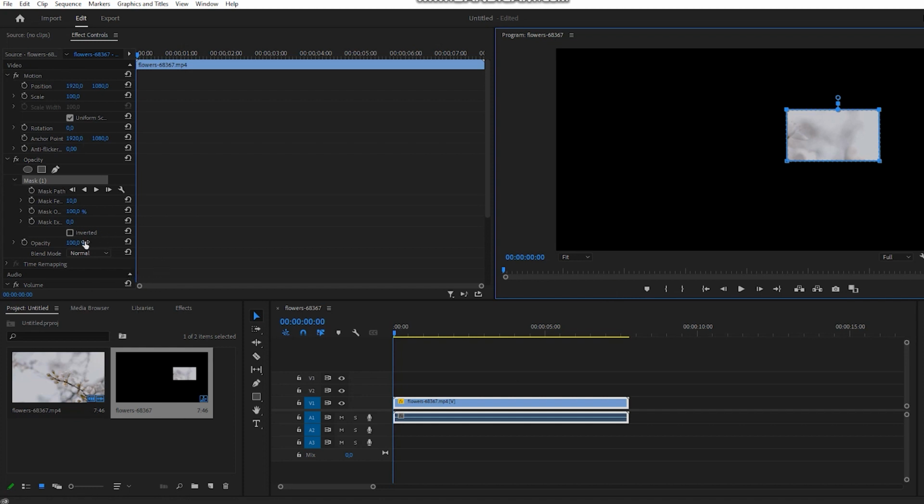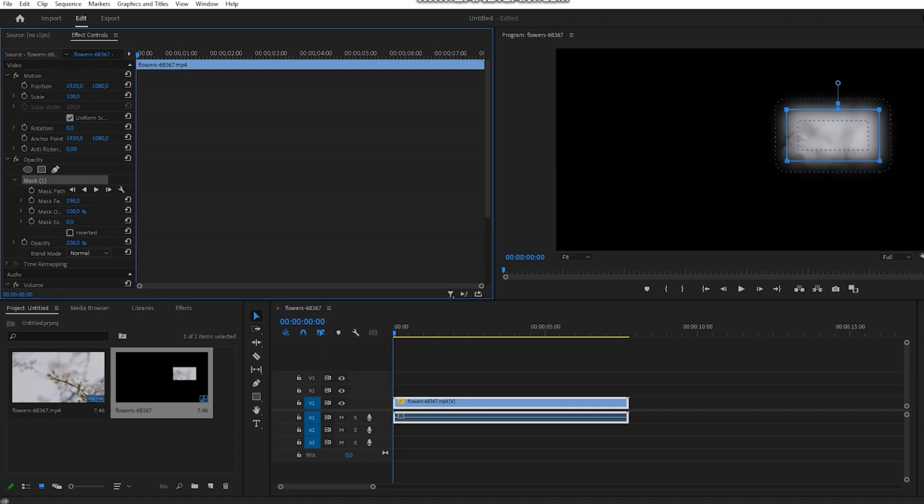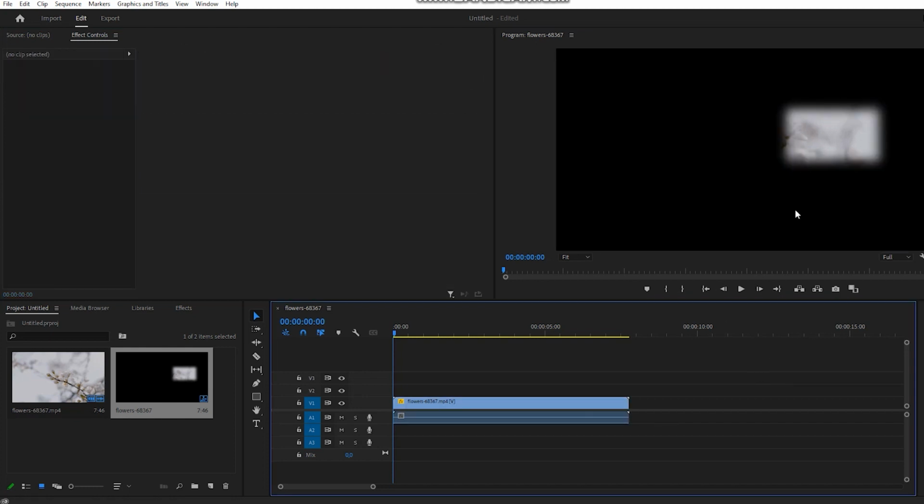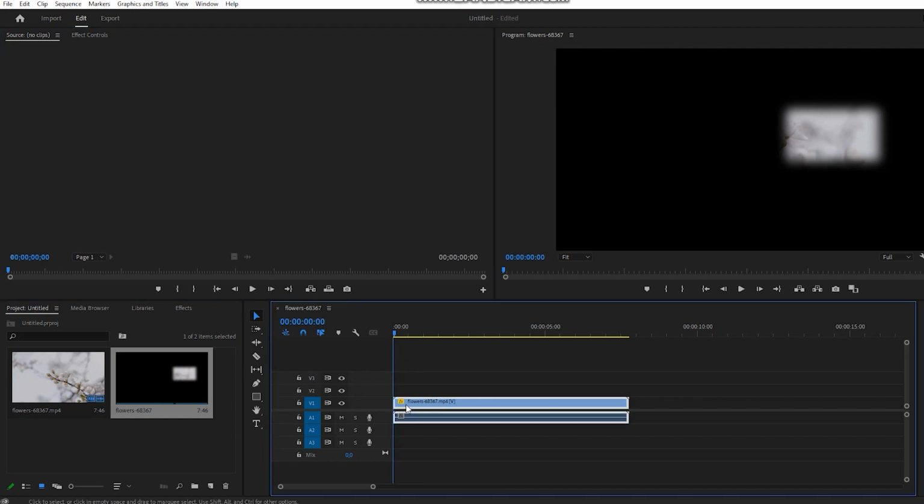What I also want to show you is if you go here by the mask, you can also feather it out if you want to, which creates a not-so-hard edge. You see, that's not a hard edge for that type of thing. Like if you're making a scene, let's say you make one of those vintage